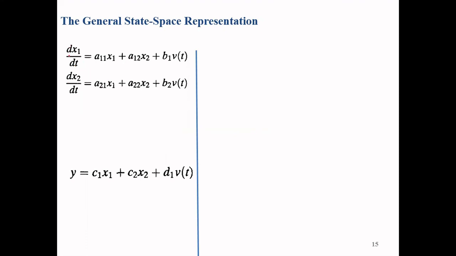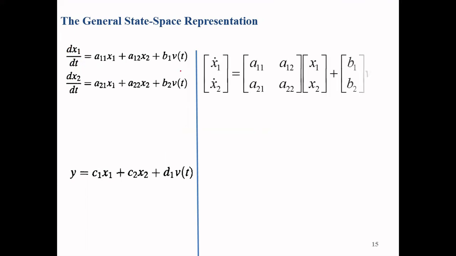So again, instead of using the vector and matrix, we have also written it as a linear combination. So these are both types of representation. This is in terms of first order derivatives, and this is in terms of vector and matrix. So this is our time domain analysis and introduction to state space representation. Thank you.